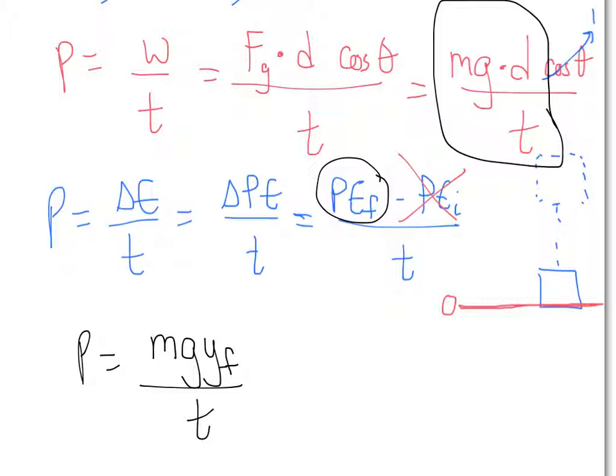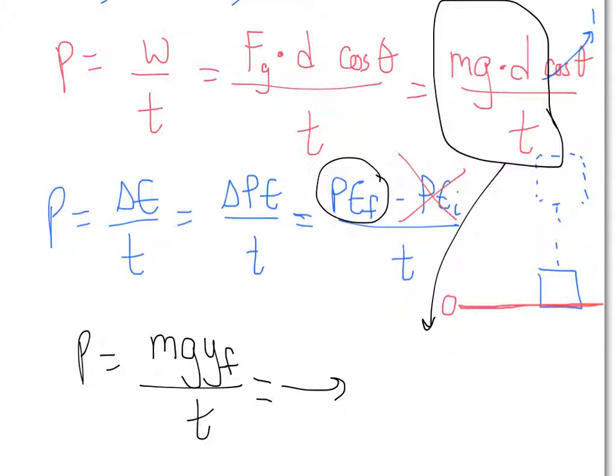yf is the final height. The final height was 100 meters above the bottom height. So whether you call it yf or call it D, either way, you're plugging in 100 meters. It's the exact same answer, so either approach works in this problem. Even the third equation would work, but I'm not going to go into that one, because then I have to calculate the velocity and such. It doesn't make sense to use it. I would use one of these two. Either one gives you the same answer.